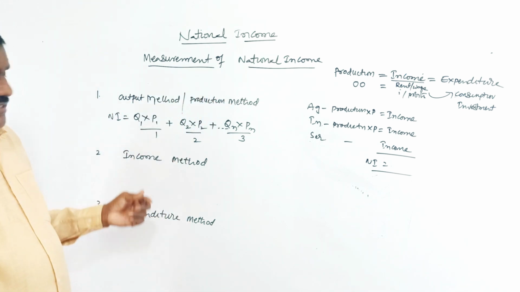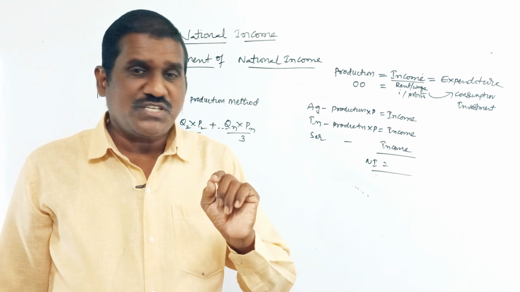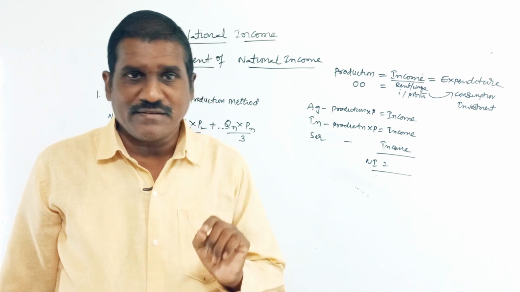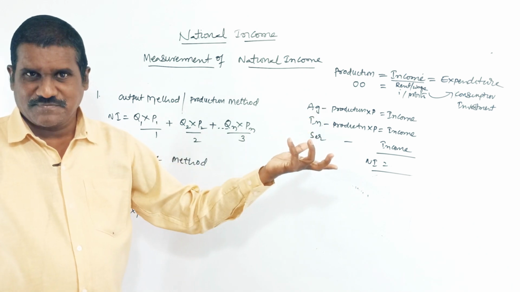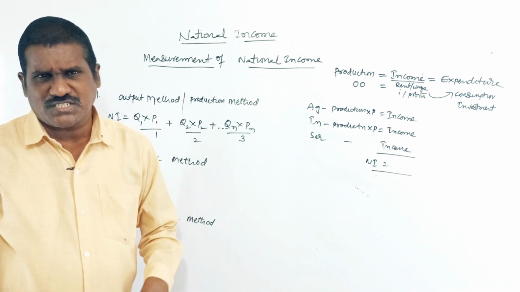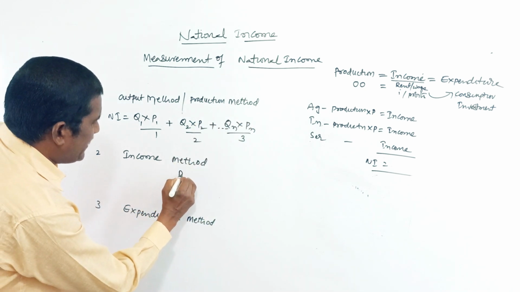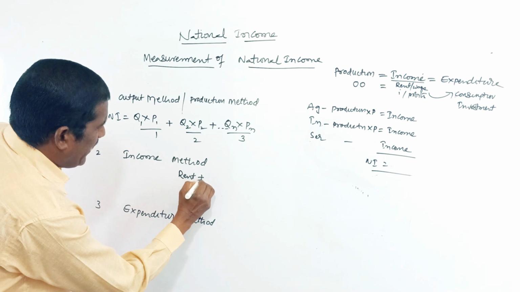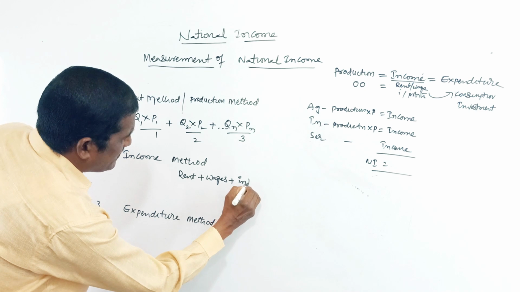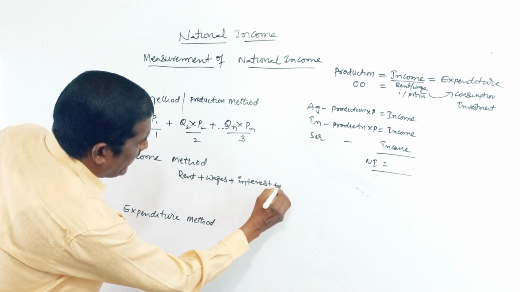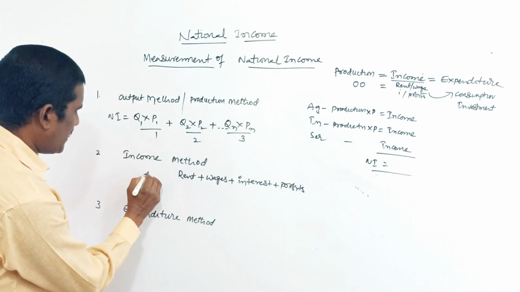Then the income method. What is the income method? It means how much income the factors of production earned by participating in the production process or economic activities. How much income is earned by the factors of production? For example, rent plus wages plus interest plus profits. National income